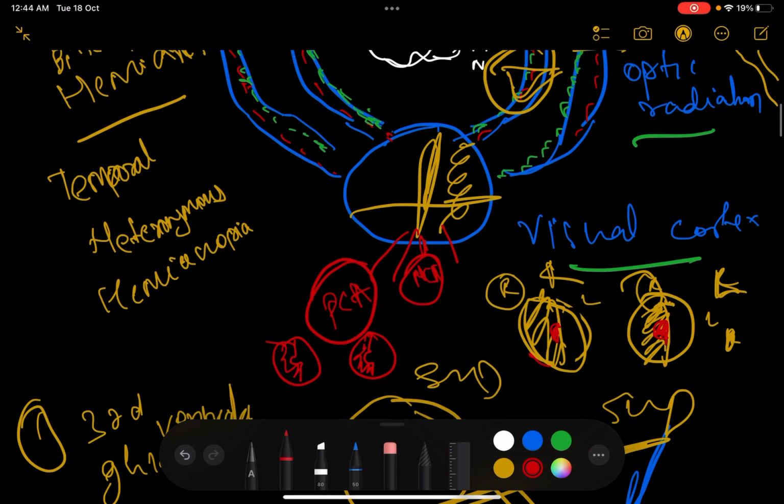This one is called cookie cutter defect because of the small cookie cutters. And what is this called? This is called macular defect. You just have to say a macular defect. And when you're saying that there is sparing of the macula, you have to say hemianopia with macular sparing, because everything else is literally the same as we saw in the lesion in the visual cortex or the fibers as well,